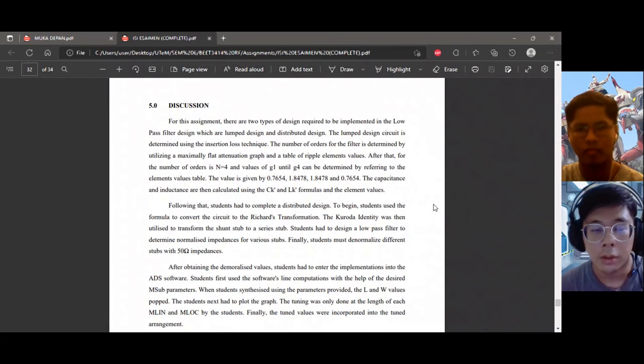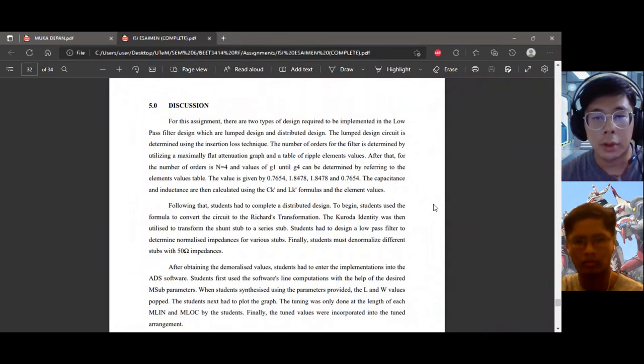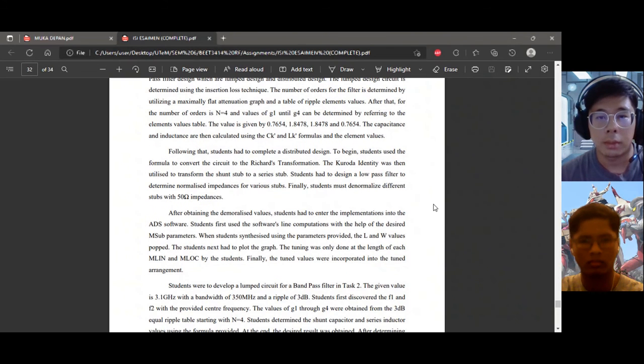Okay, thank you, Khairul. So for the discussion, we know that the lumped design circuit is determined by using the insertion loss technique, and the order of the filter is determined by utilizing a maximally flat attenuation graph and a table of ripple element values. Then for the order n equals 4, the values of G1 until G4 can be determined by referring to the element values table. So the capacitance and inductance can then be calculated by using the capacitor C k and L k formulas